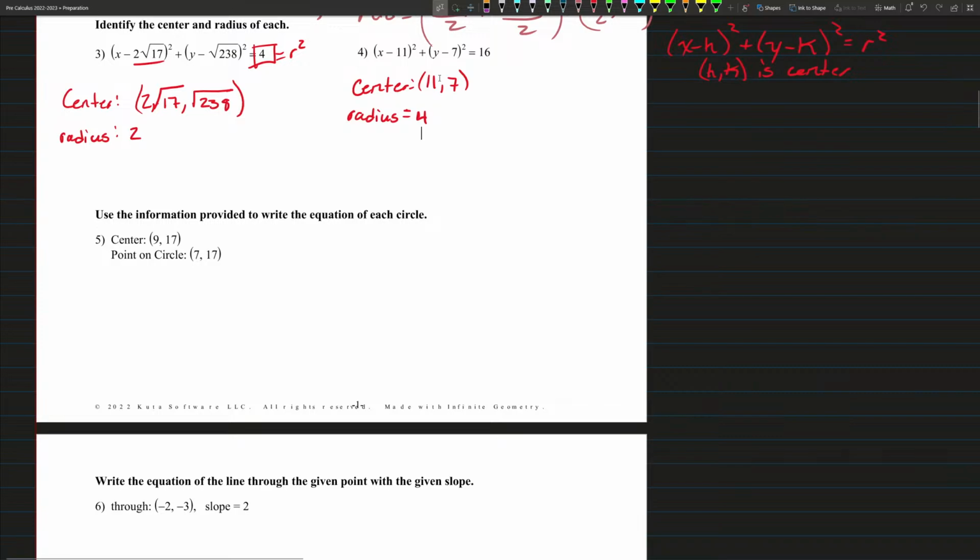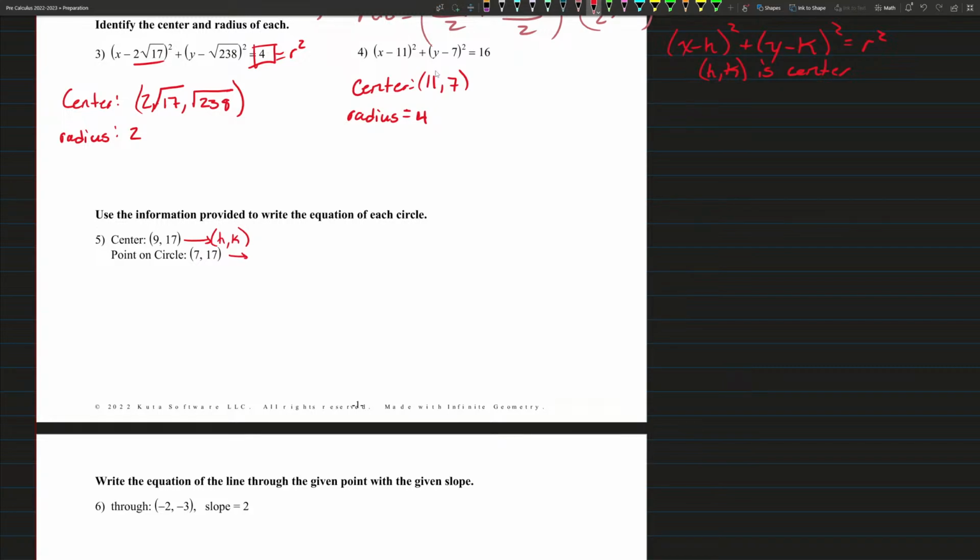So 3 and 4 are pretty straightforward. 5 is a little bit more difficult. All right, we have the center and a point on a circle. So the center is hk, so h is 9, k is 17. Is there any work we need to show for those? No, I don't think so. I think it's just identification, I'm not expecting work for those, number 3 and 4. It's just, again, you got to know the equation for it. Number 5, 9, 17 is hk, okay? And then we're given a point,